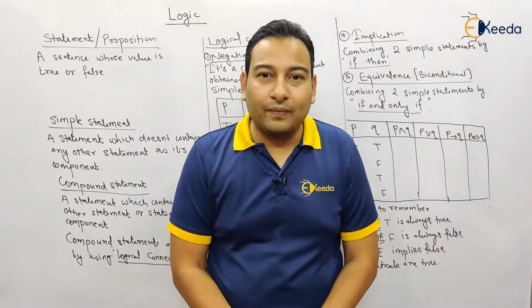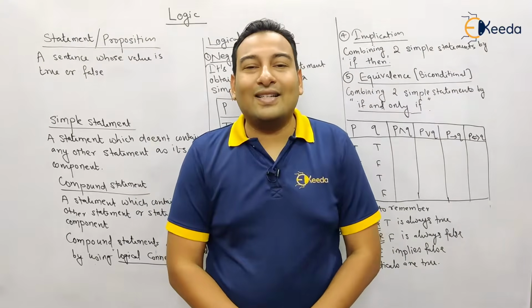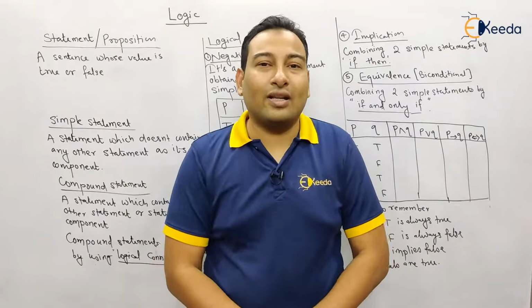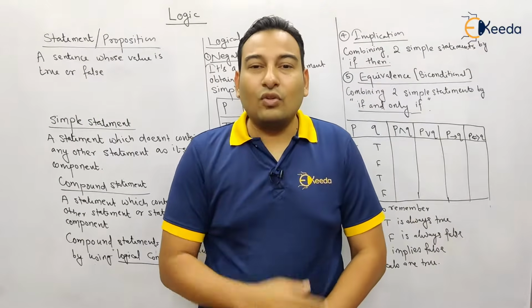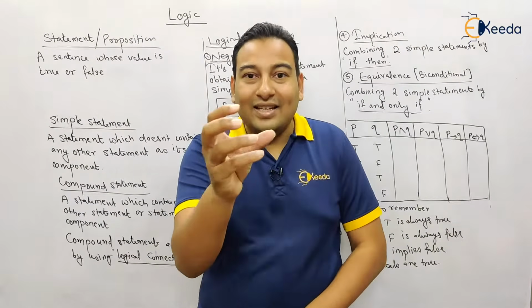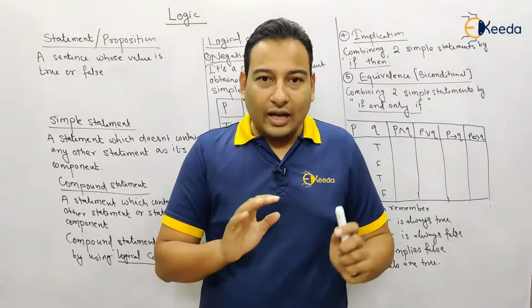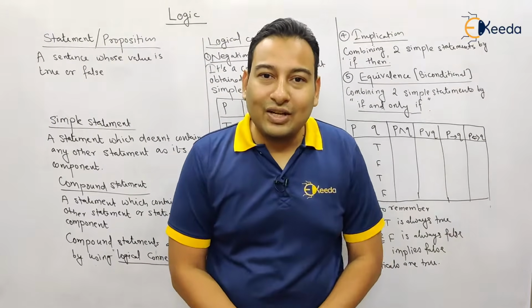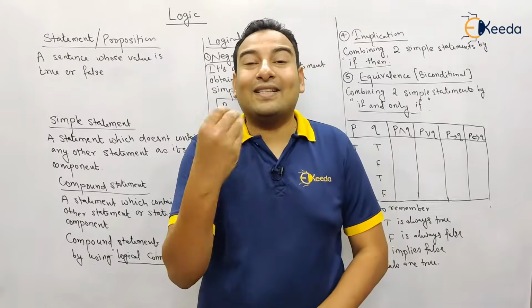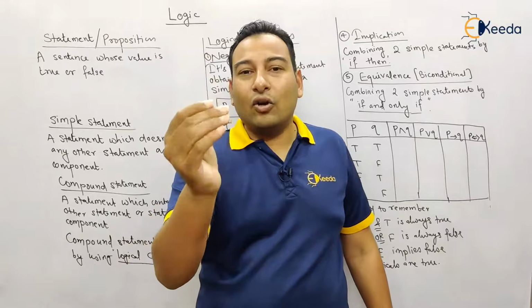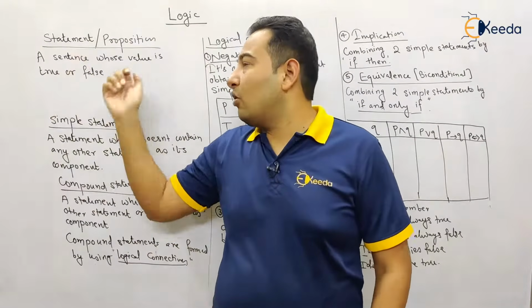What a shot. You can't say it is true or false. What a shot, it's an exclamatory sentence. Therefore, it's not a statement. What is your name? The answer is a name, not true or false. It's not a statement. Are you clear with this? Come here. Is it a statement? No, because its answer is not true or false. So a sentence whose answer is either true or false is called a statement or proposition.